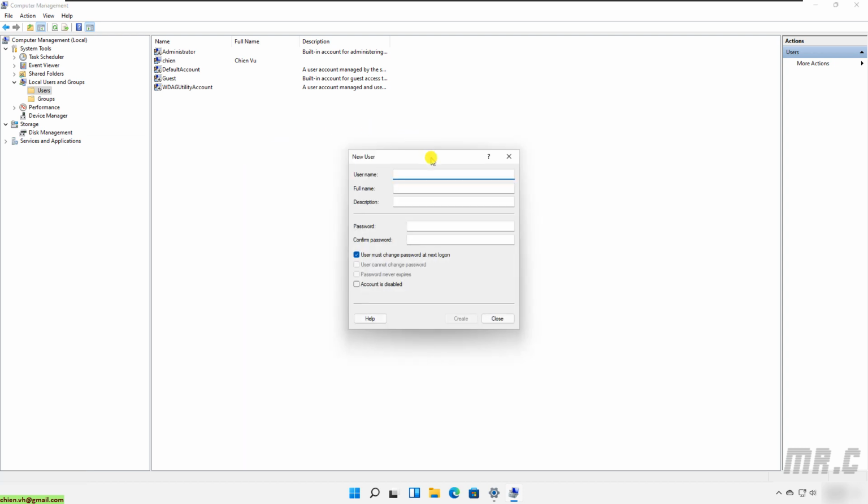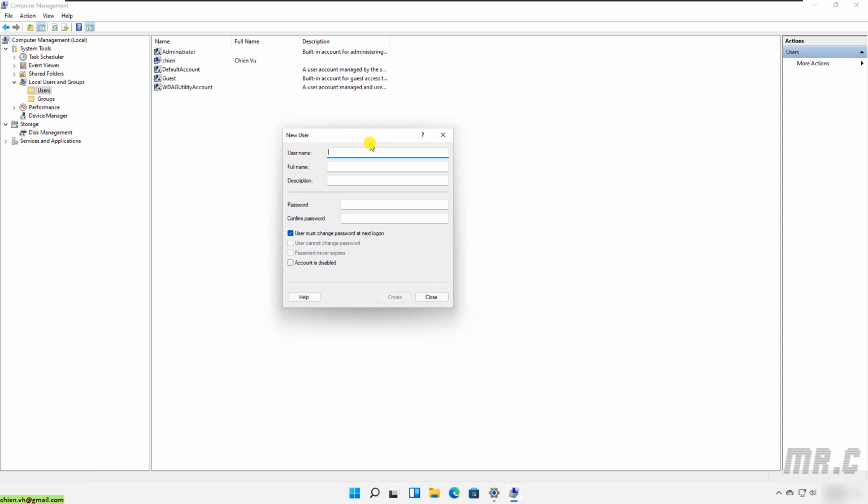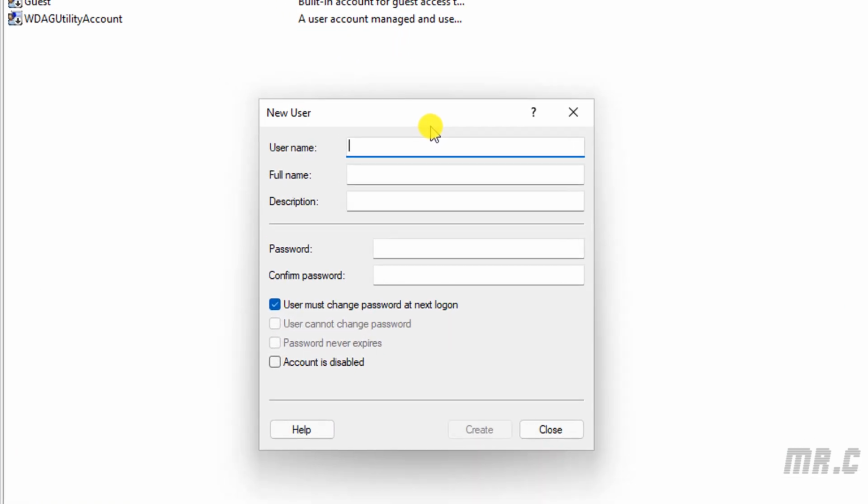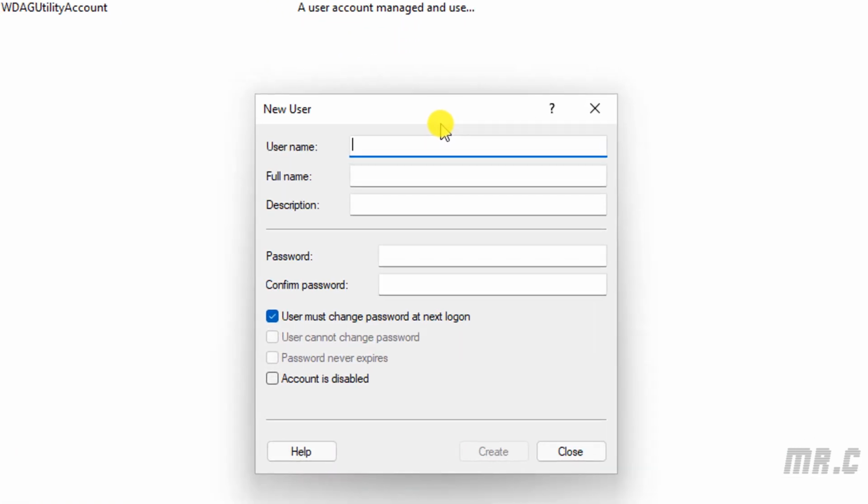If you want to create a new account, right click on it and select New User. It will open up a new pop-up where you have to provide the username and the information for a new account. We have username Chiến Vũ, full name Chiến Vũ Hoàng,